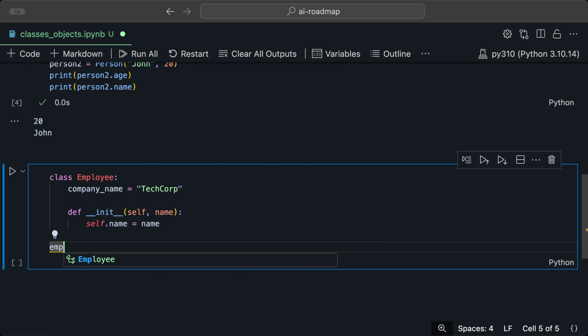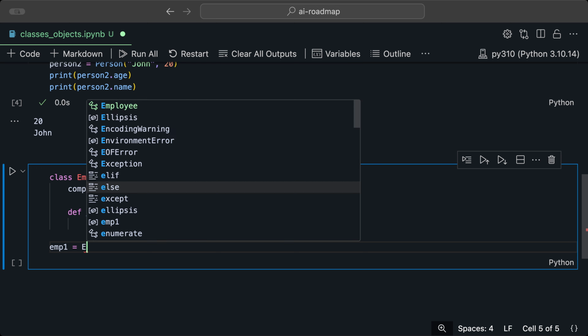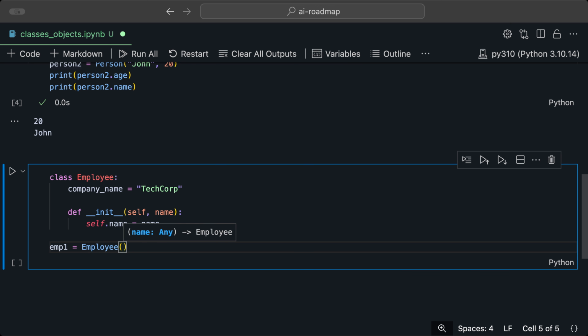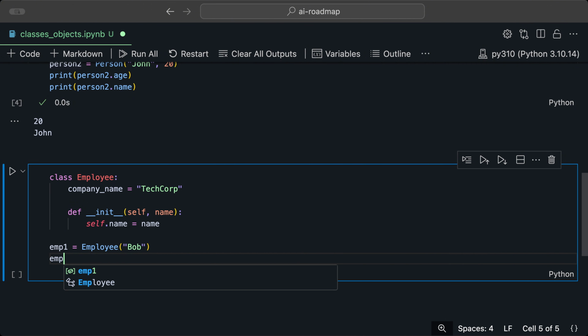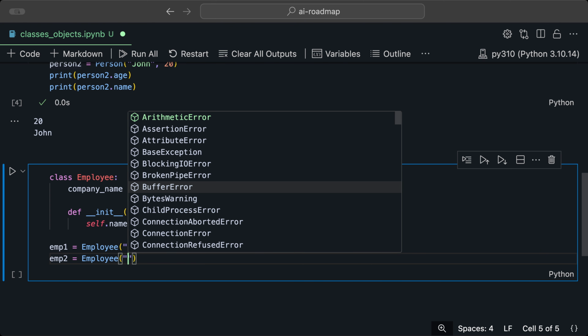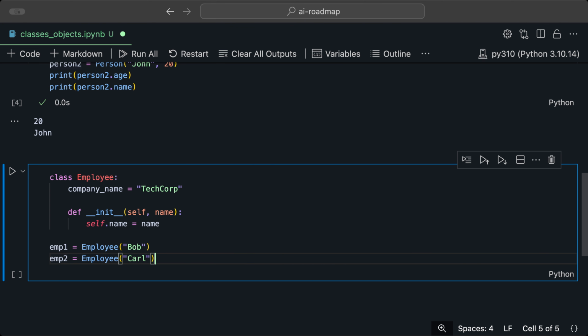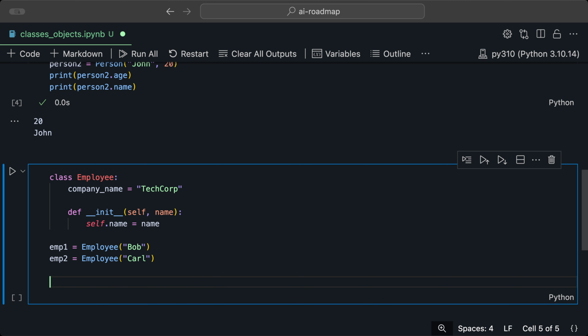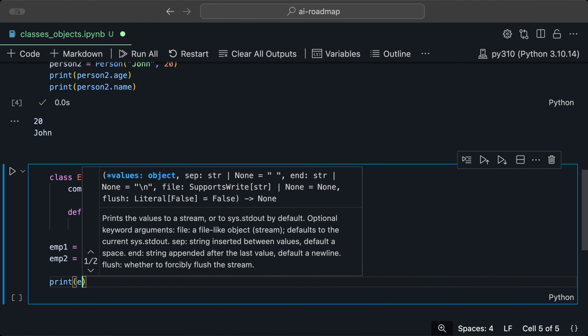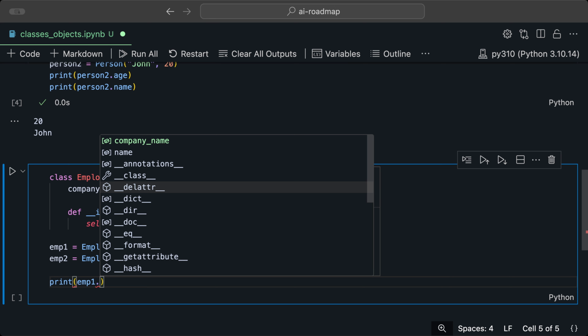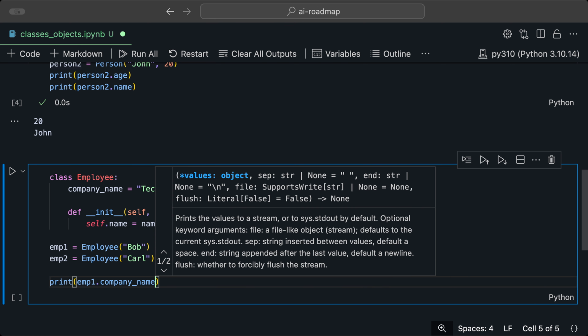So emp1, for employee 1, it's going to be Employee, and we're going to call him Bob. And then we're going to have employee 2, it's going to be Employee, and we're going to give the name Carl. And now when we print employee 1 and the company name,